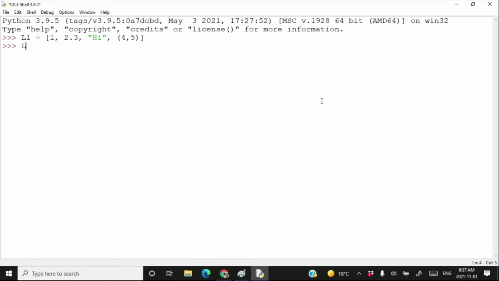I want to create another list using this list, so I can call L is equal to list and pass the list variable L1 to the list method in order to create the new list. So this is the list method. If in the list method we pass any variable or literal of a sequence, then we will end up creating a list using the elements of that sequence.